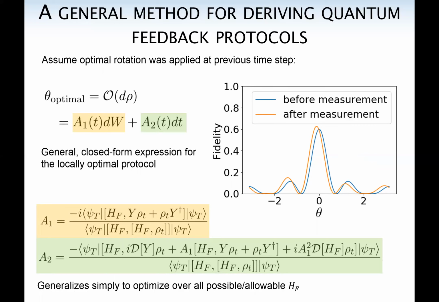So essentially take any quantum system in which you can measure with high enough collection efficiency that this kind of master equation description of the measurement process is valid. You can immediately use these equations to derive a feedback protocol that will let you maximize the expectation value of some operator or prepare any quantum state that's possible to prepare with your feedback controls. And although I've only written this here for a single control variable theta, this actually generalizes for any possible or allowable feedback Hamiltonians that you want. And so you can take this formalism as a black box and it can spit out exactly what your optimal Hamiltonian is.